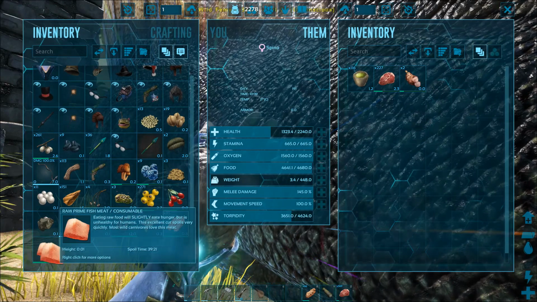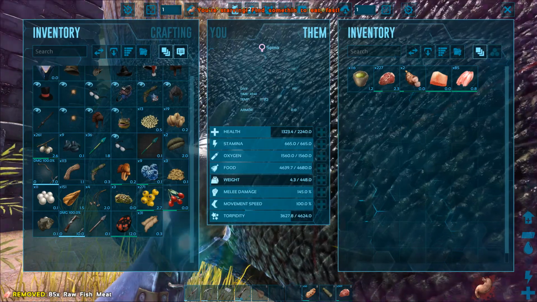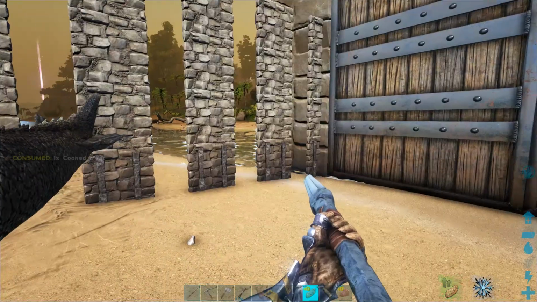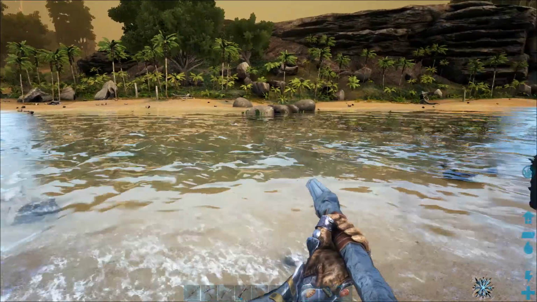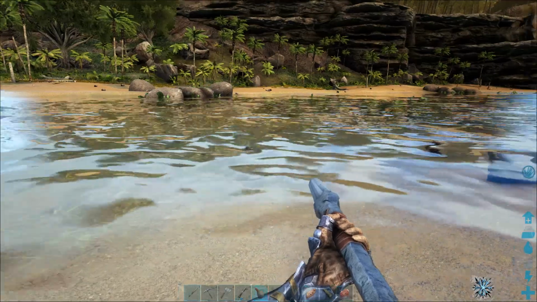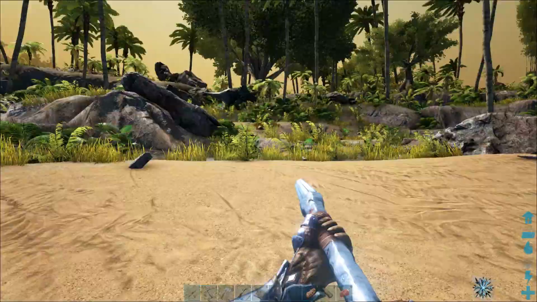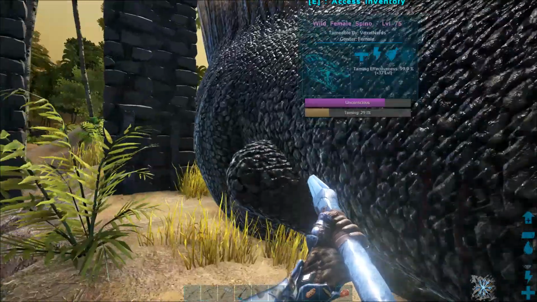Ooh, raw prime fresh meat. Maybe you'll like that. There you go. Oh, I am starving. God, I'm always starving. I think we have the vanilla thirst and hunger rates. I mean, it's not exactly like it's a problem finding the drink and the food, but oh my god. Does this require constant eating? Well, we could kill that Bronto for his prime meat. That would probably be better, but...